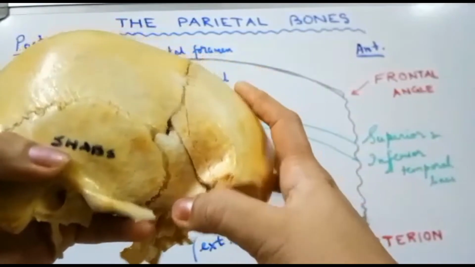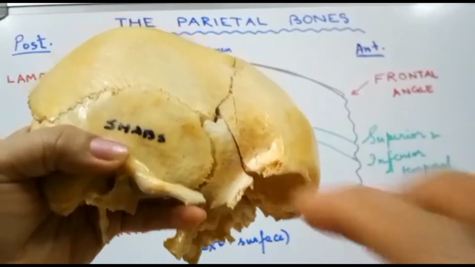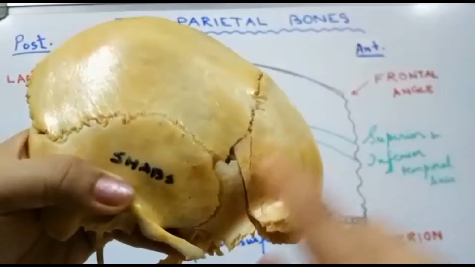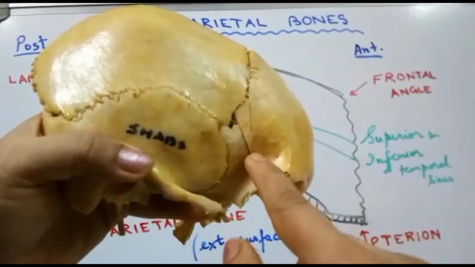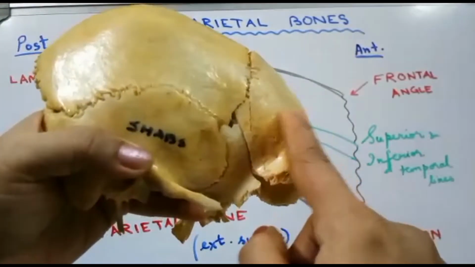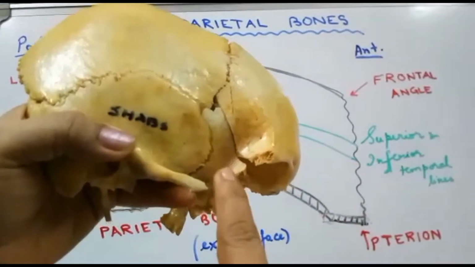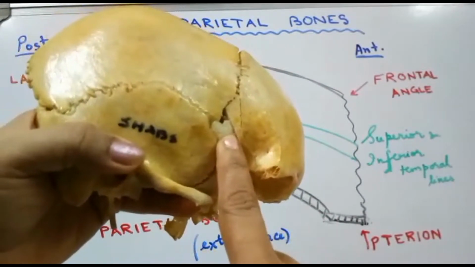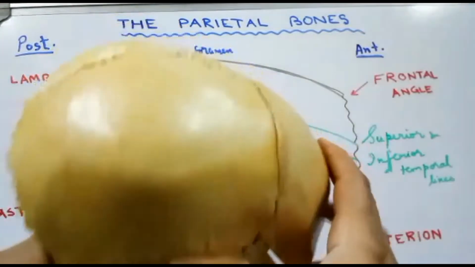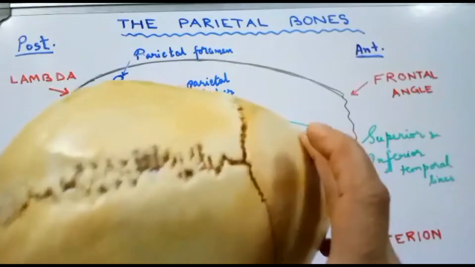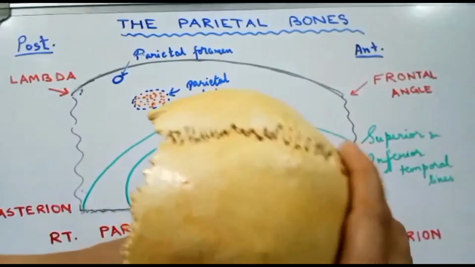Over here the frontal bone will come from in front for articulation, like this. So we can see that there is an H-shaped suture at the antero-inferior angle. In this H-shaped suture, from in front we have the frontal bone, from above the parietal bone, from behind the temporal bone, and from below the sphenoid bone. So the antero-inferior angle is also known as the sphenoidal angle. The antero-superior angle, because it is the meeting point of the two parietal bones and the frontal bone, is known as the frontal angle.